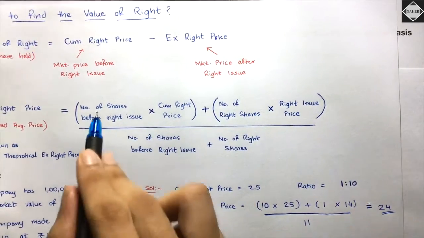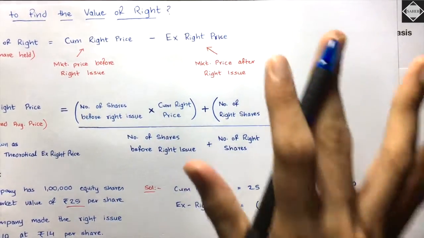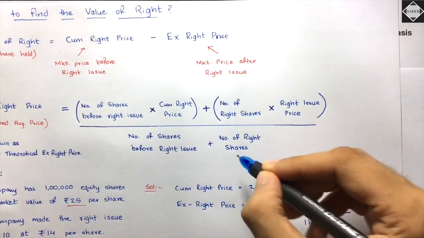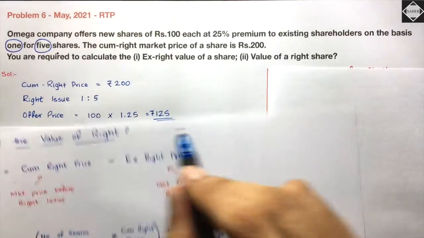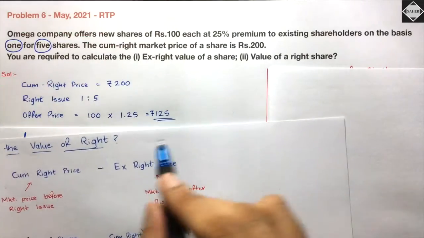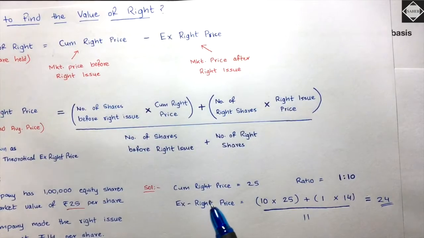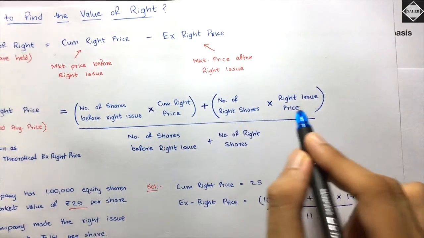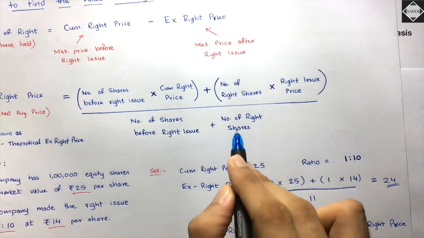We just use the ratio. According to the ratio 1:5, 5 is existing shares, and then 1 is right share. Cum-right price over here is 200, so 200 will come over here. And right issue price is how much? Right issue price is 125. Clear? Easy? 5 into 200, 1 into right issue price 125,